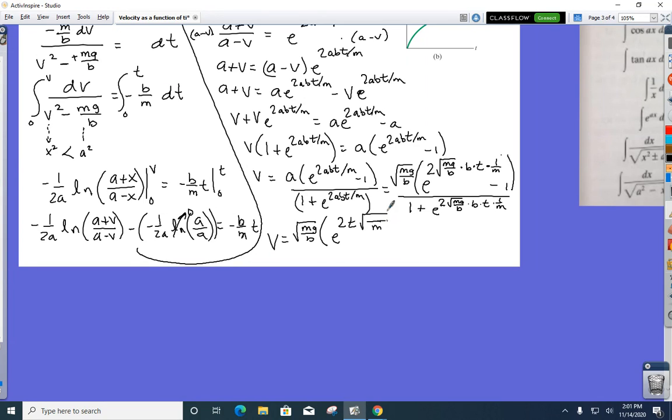Now I have a g in there. That g is going to stay in the numerator because there's no g's out there. I have a b to the first power, b to the -1/2 power. That becomes b to the 1/2 power. So that's underneath that radical, like so, minus 1, all divided by 1 plus e to that same power. So 2t square root of gb over m. Okay, and there is my expression for the velocity as a function of time for a skydiver, if we're assuming